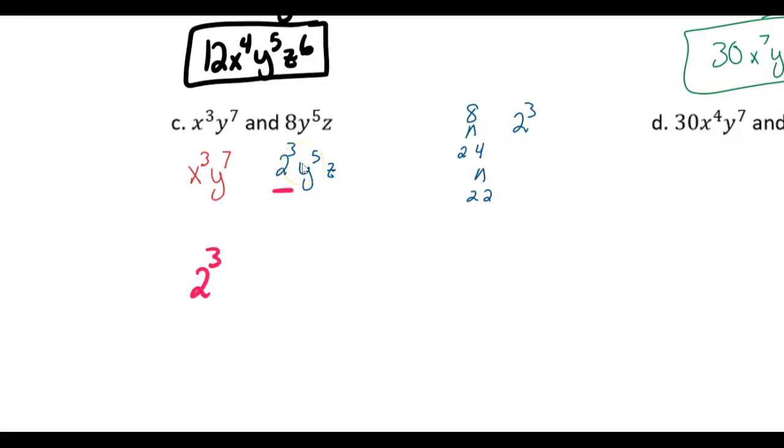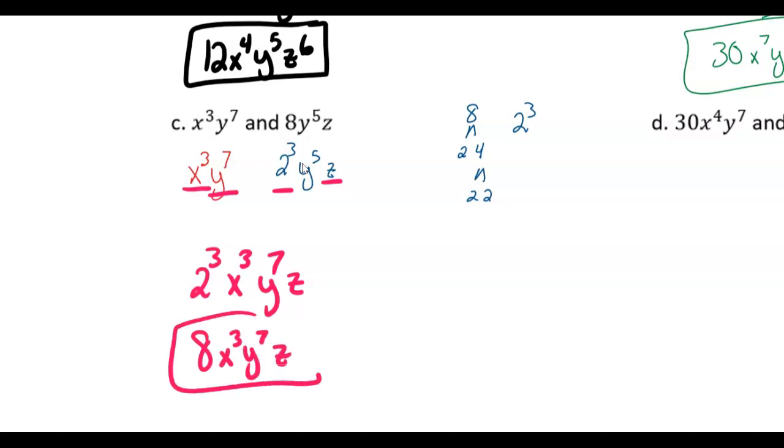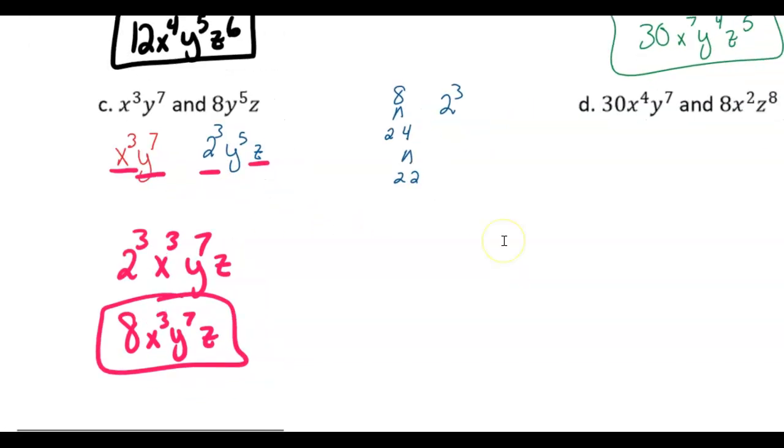Now compare the x's. There's an x cubed right here. The other monomial does not have x's, so I have to use x cubed. Compare the y's. There's y to the 7th and y to the 5th. The higher one's the one you choose, y to the 7th. Okay, compare the z's. There's a z here. There's not one on the other factor, so this single z is the higher one. So 2 cubed is 8, x cubed, y to the 7th, z. That is what's called your least common multiple, which is what we would use when trying to find a